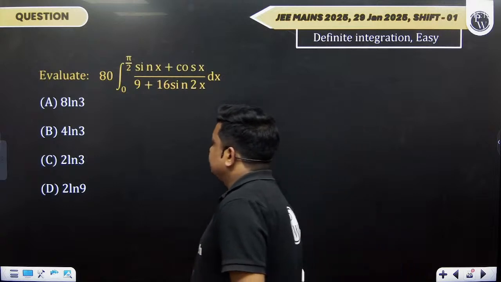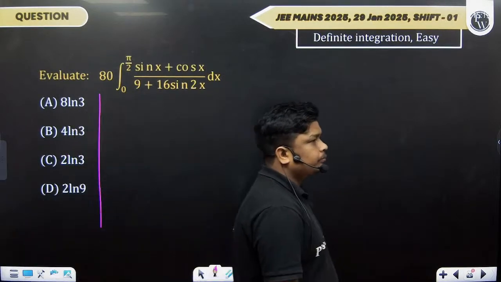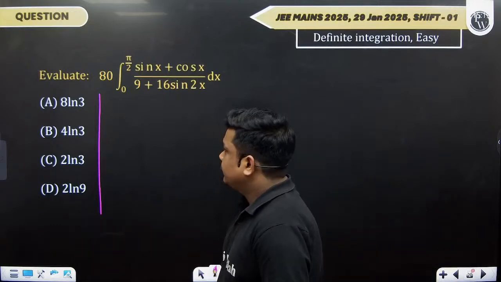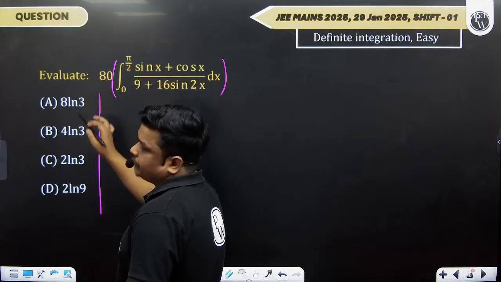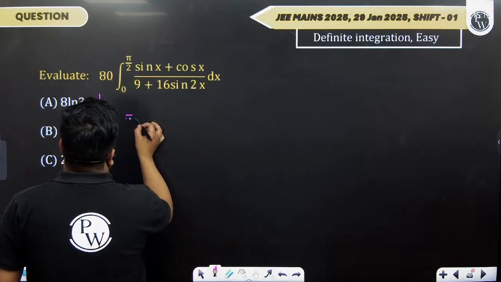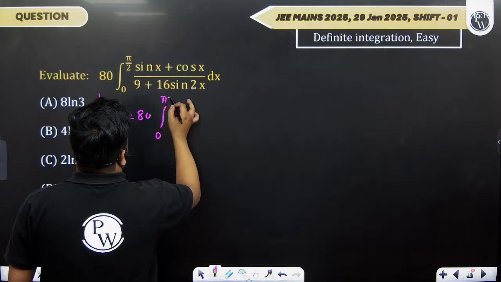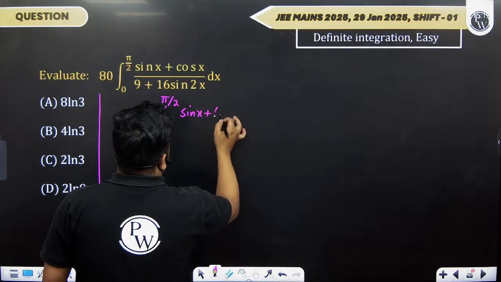Now this question is also a moderate level question, which we have done a lot in classes and in the notebook. So let's calculate this, then we'll multiply with 80. Or we can calculate it all together. So this will be 80, integral 0 to pi by 2 sin x cos x.